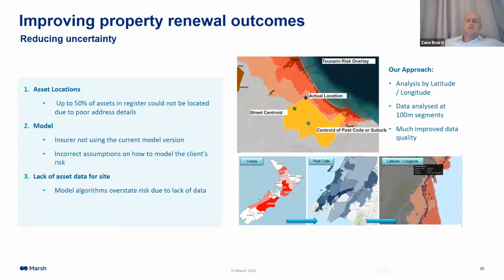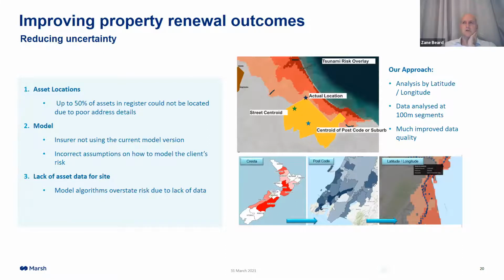I think the key point from this, Rob, is that in the absence of this sort of information, if an insurer's got uncertainty around it, and this is not an exaggerated situation, the difference could be between, say, a $50 million loss and a $70 or $80 million loss because of flood or fire or another event. That has a fairly tangible impact on the premium. They're going, okay, we could be up for a $50 million loss, we could be up for a $70 million loss. An underwriter would generally, in most cases, take a more conservative approach.